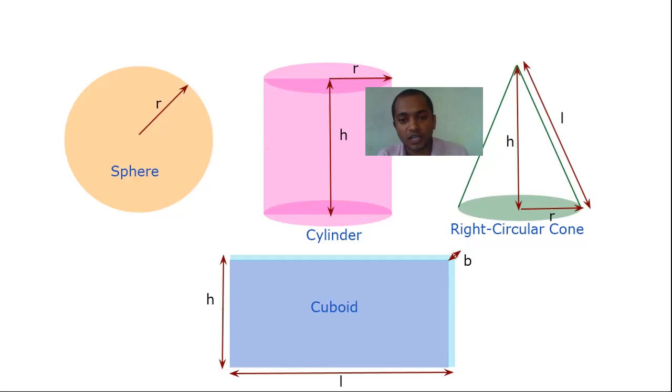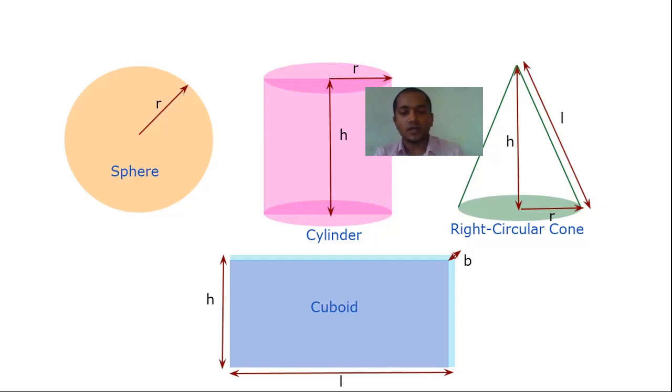that there are two types of surface areas involved in the case of a cylinder and other structures to follow. One of them is called the curved surface area and the other is called the total surface area. The curved surface area, as its name implies, is the surface area which is curved, not plane. In the case of a cylinder, only the vertical part, just like in a pipe. In a pipe, the plastic material is only on the curved path. It is not closed from above and below. So in that case, we are dealing with the curved surface area.